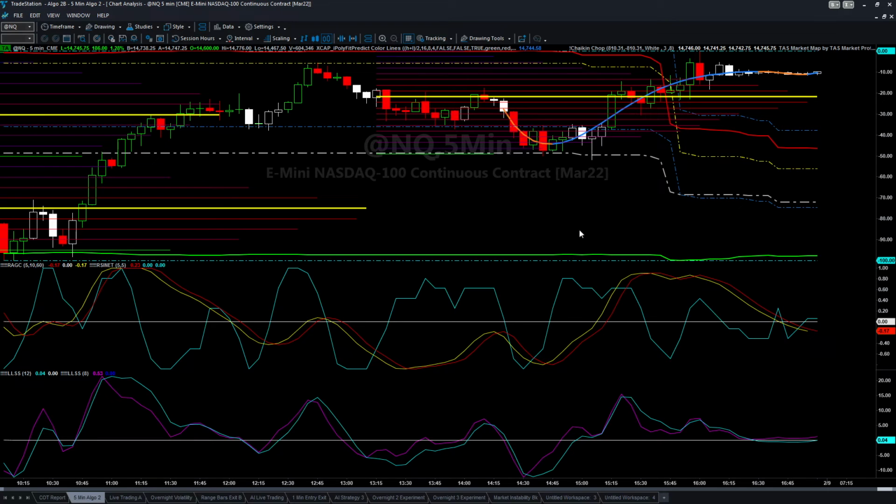As far as the 5-minute goes, guys, today we had very spotted areas of consolidation as represented by the white candles right here. Market is setting up to eventually go down according to what I see right here on the 5-minute. The real action took place over here in the